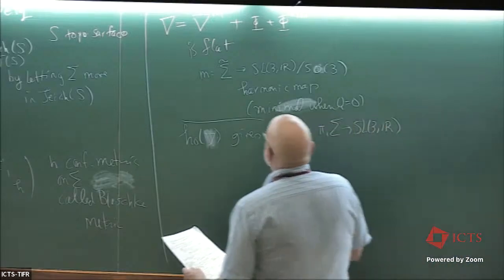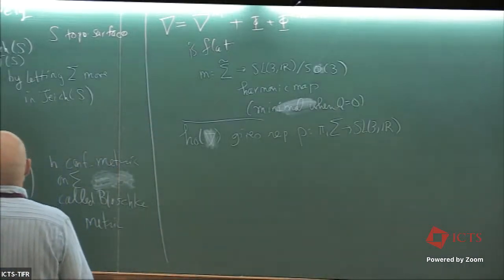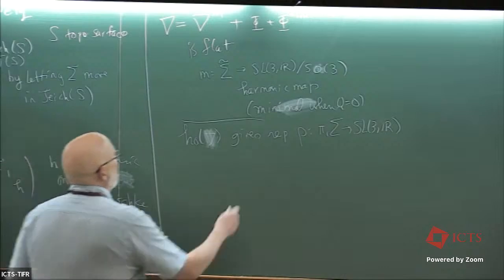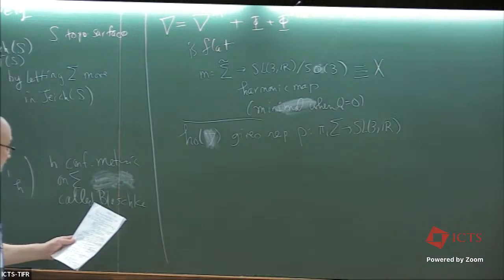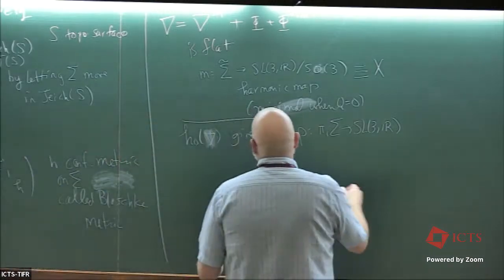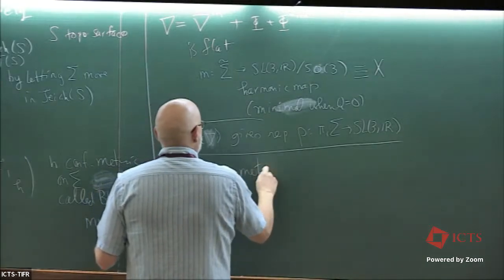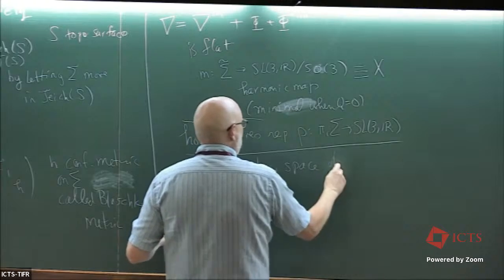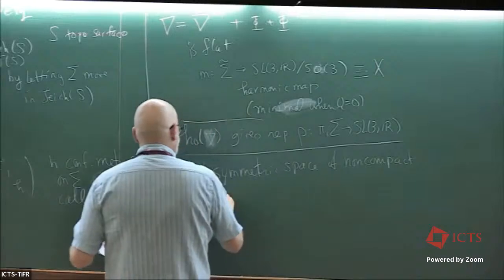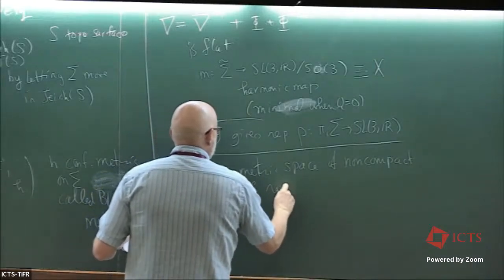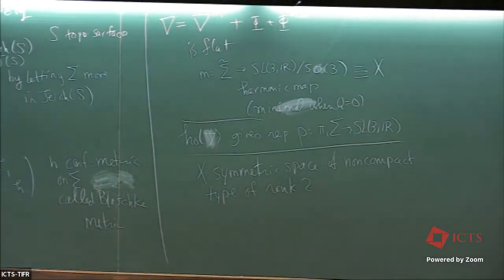Okay, so I'm going to give this space, the symmetric space, the space of these metrics, a name. I'll just call that X. And this is a symmetric space of non-compact type of rank 2. And so the rank of the symmetric space is going to be the largest